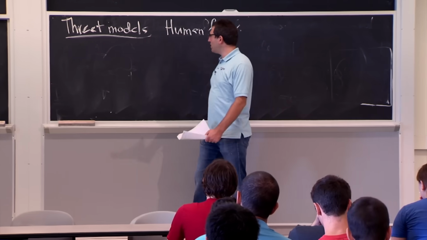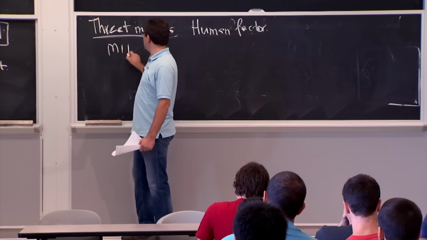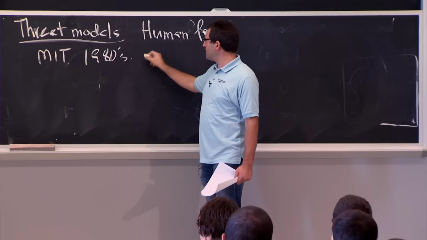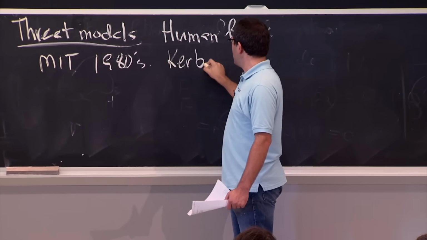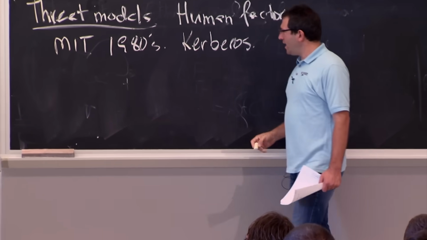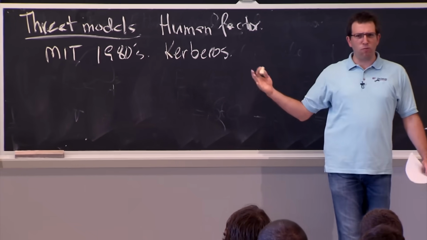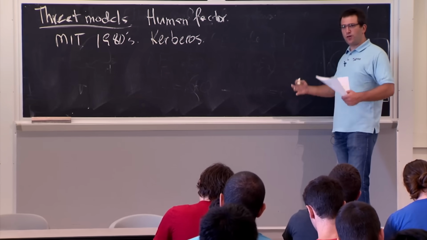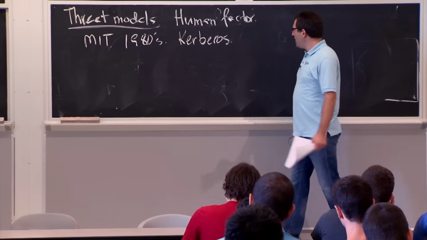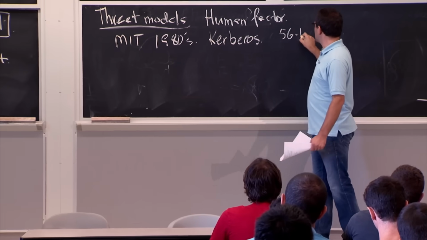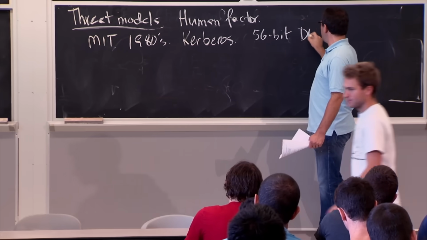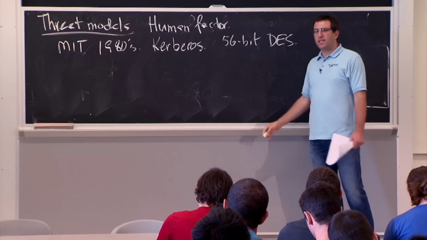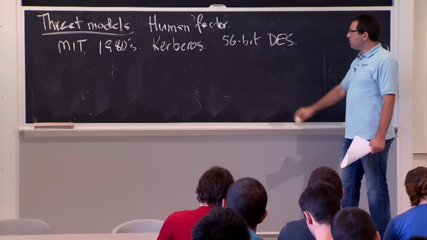One example of this is actually at MIT in the mid-80s. Project Athena developed this system called Kerberos, and we'll read about this in a couple of weeks in this class. At the time, they were figuring out that Kerberos is going to be based on cryptography, so we need to pick some size keys to make sure they're not going to be guessed by arbitrary people. And they said, OK, well, 56-bit keys for this cipher called DES seemed like a plausible size, maybe not great, but certainly not entirely unreasonable. And this was in the mid-80s.